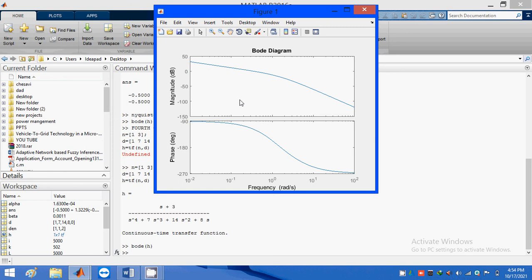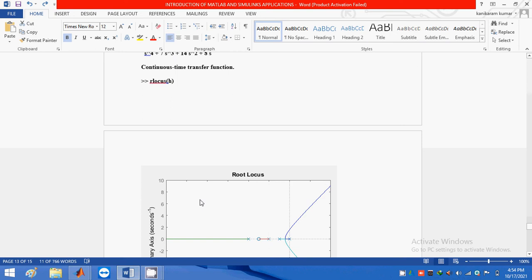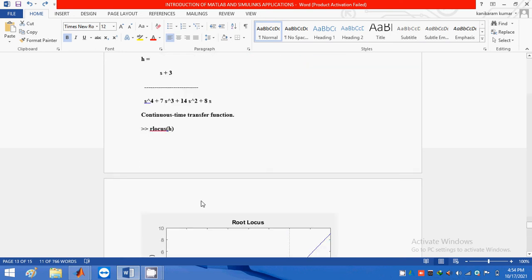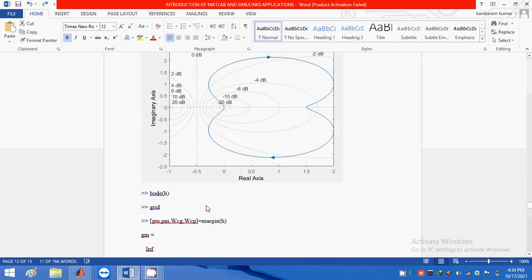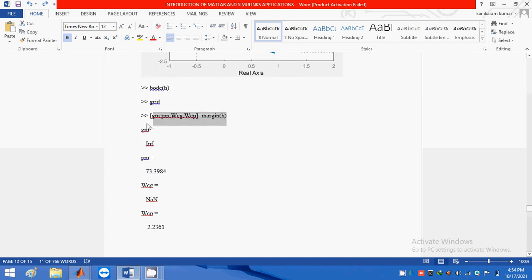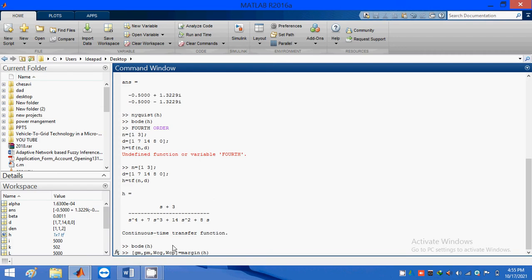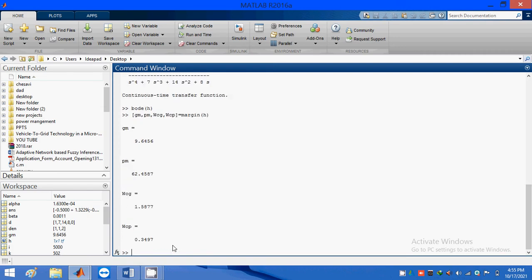How we are going to find out is, this is the command to find out the gain crossover, phase margin, gain margin, all these things. You just type for it, okay. So this is the way to find out the gain margin, phase margin, gain crossover frequency, phase crossover frequency, okay.